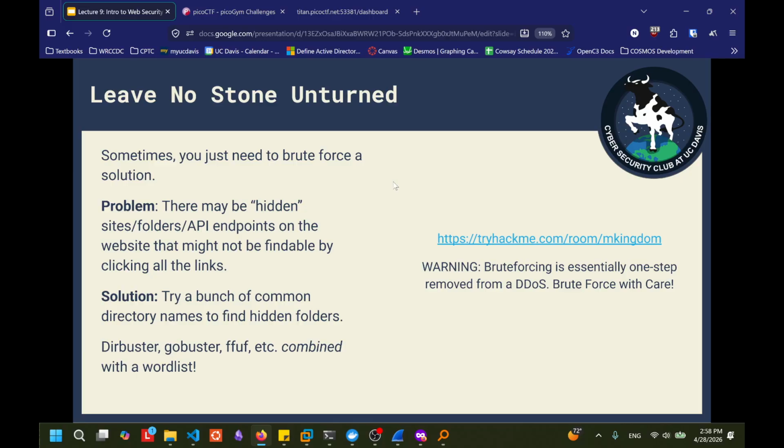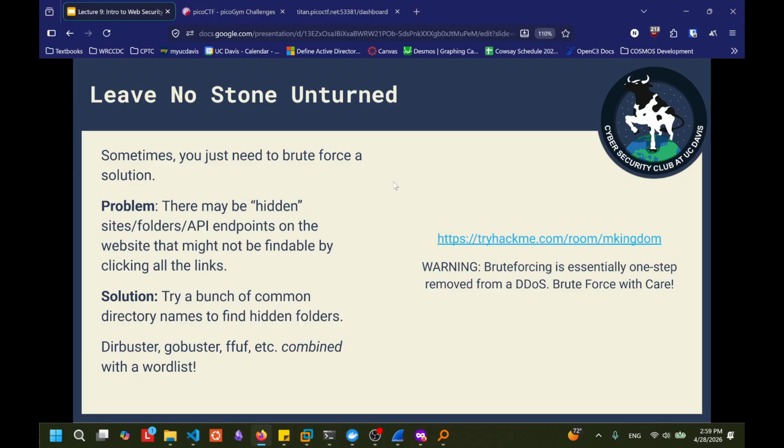Please brute force with care, because think about it. Going to a page 10,000 times for every single one of these possible places on a word list generates a lot of traffic. One, it's noisy. Two, it is literally one step removed from a DDoS attack. It's an easy way of getting your IP blocked. It's not illegal, but it's the kind of stuff someone will complain to you about, and it's attention you don't want.